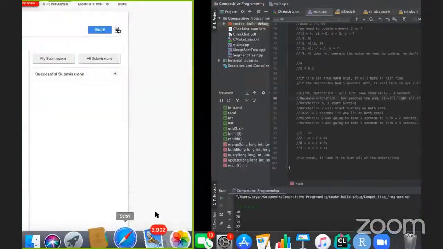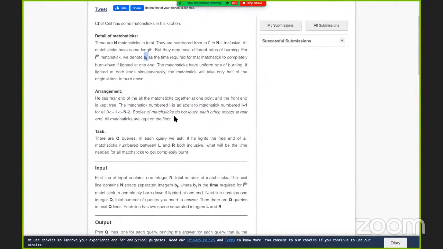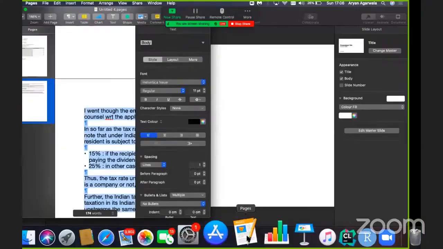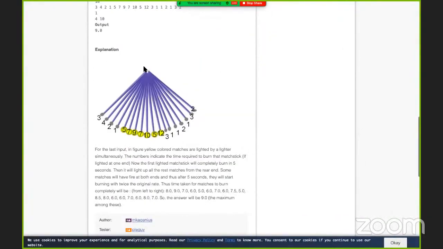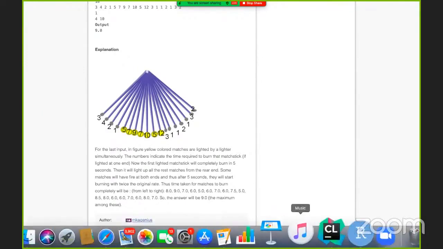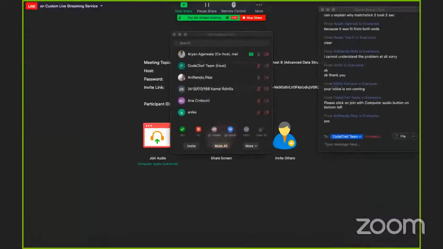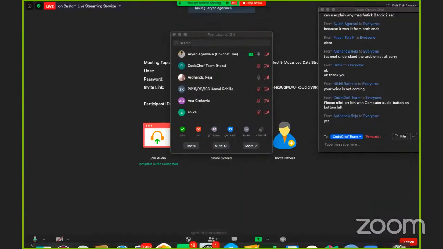Okay. So now there's an arrangement of the matchsticks. Basically we've tied all of the matchsticks at one end and left all the other ends free. Similar to this arrangement here, right? It's tied at the top and it's open at the bottom. Is that clear? Mate, can you hear me? Okay, I'll assume that's clear.